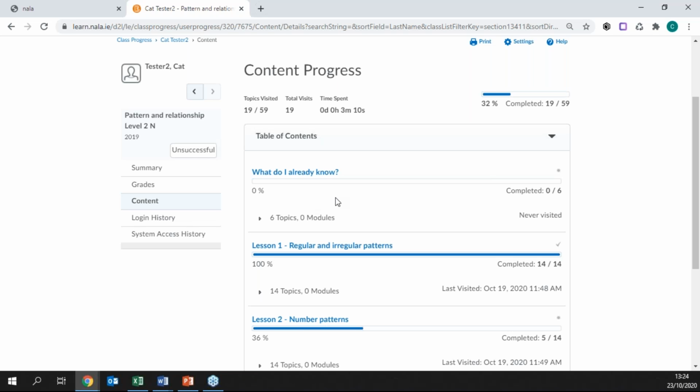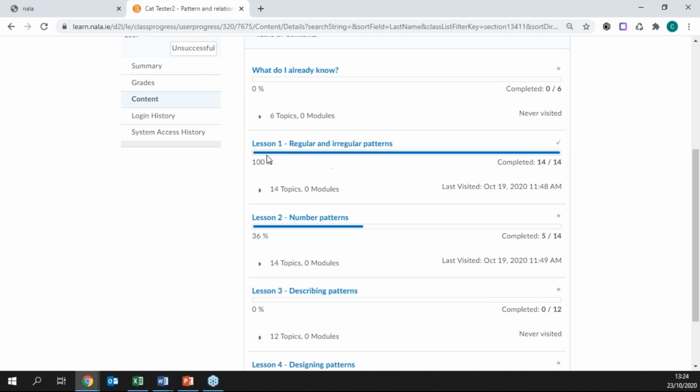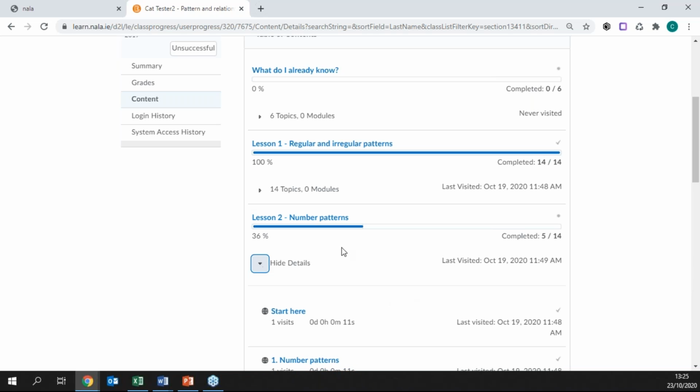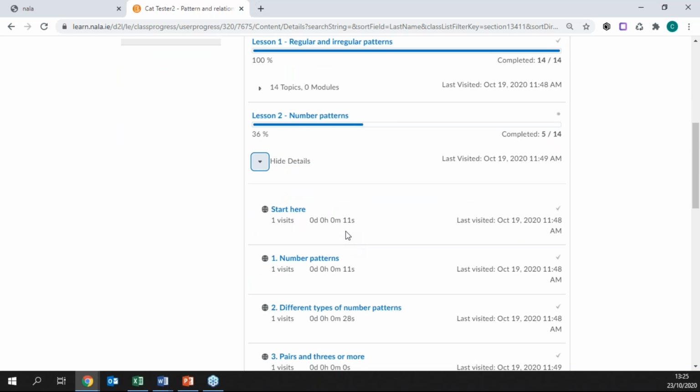And that's okay. The learner doesn't necessarily have to do that block either. We just recommend it as a way of getting through and getting a diagnostic, but they don't necessarily have to do it either. What I can see is that this learner has done 100% of lesson 1, and they've done 36% of lesson 2. And if I click on the arrow here, I can see how long they've spent on